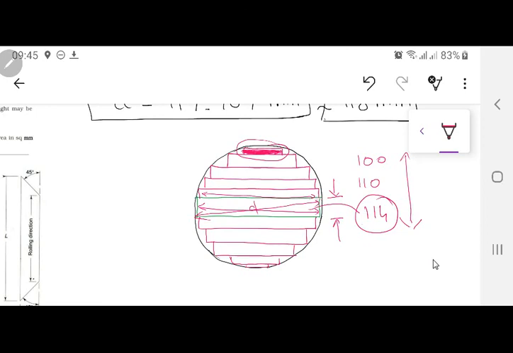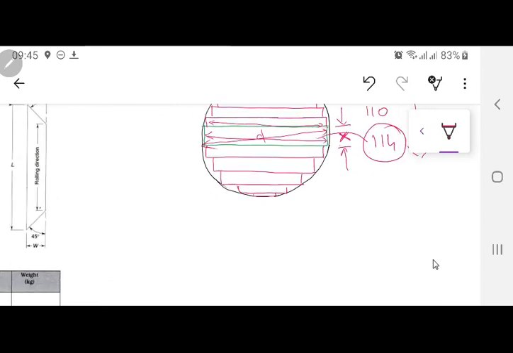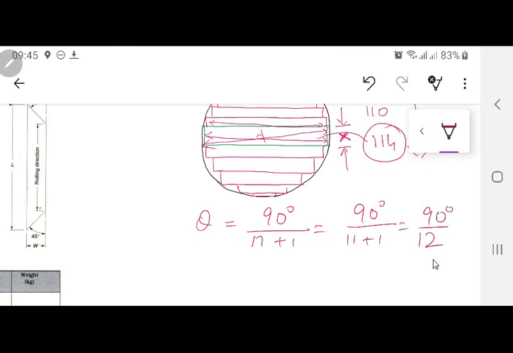This distance, if this is x over here, okay, this should also be this width x over there. It has to be completely symmetrical. Agreed on this one? So by the approximate formula, if you remember that approximate formula, that theta was equal to 90 degrees divided by n plus 1. So this was 90 degrees divided by 11 plus 1. So this is 90 degrees divided by 12. Please give me the answer, exact theta.